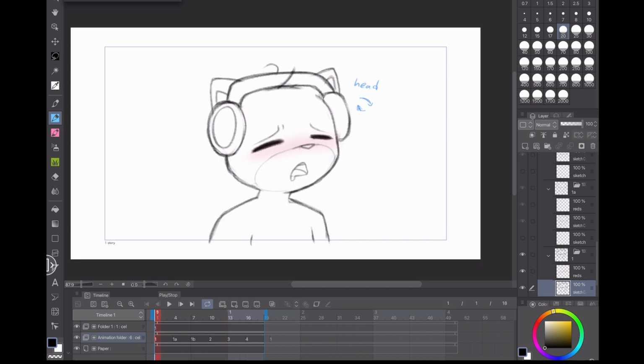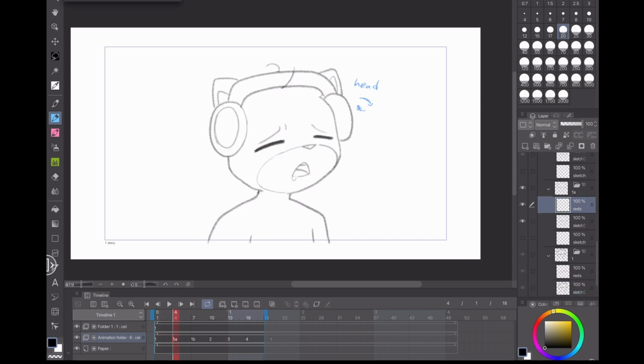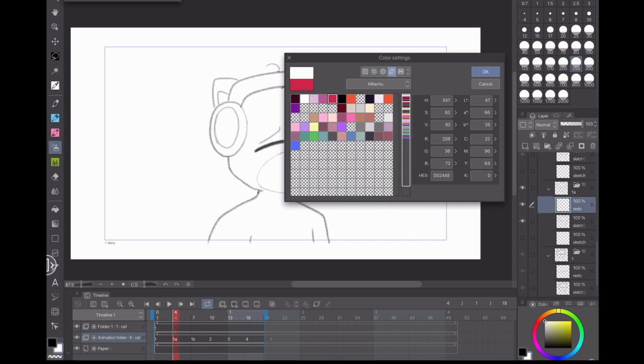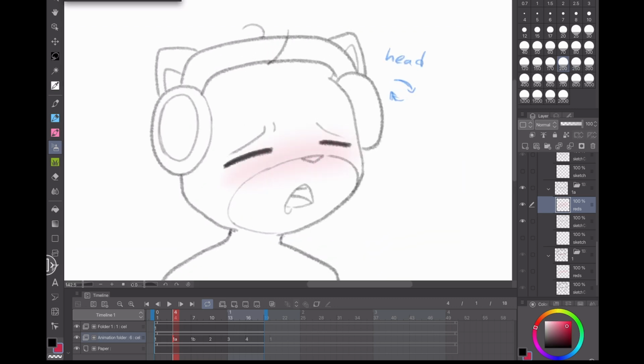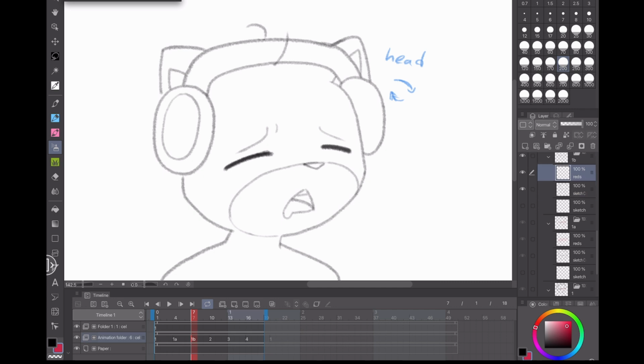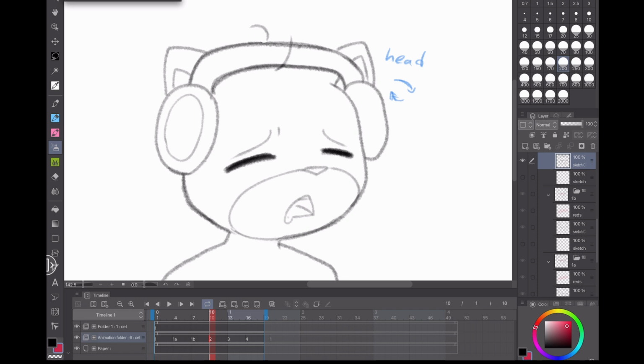That's looking good. We can now go over these and just, I'll grab this red color. It's the same red color I used for the reds before, and we can just kind of slap that on top. All these folders have a red layer because every time I hit new animation cell down here, it copies